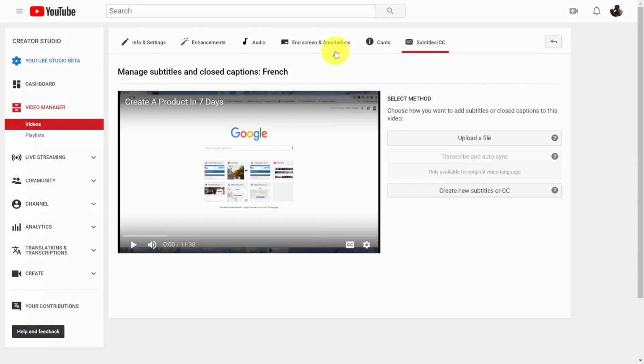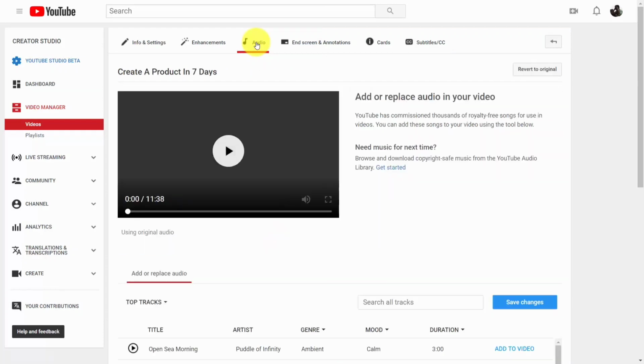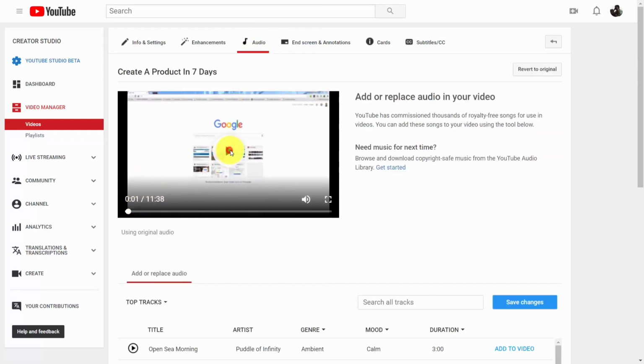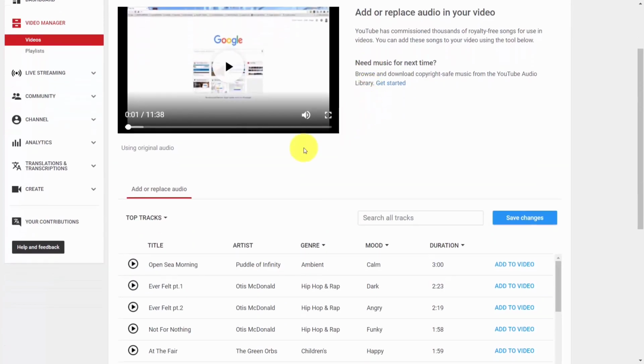Depending on what your live stream is and what you're trying to do, another part of the post-production process may be to add music. You can do that inside of your video editing screen by going to this link that says audio. When you do that, you'll notice that you can add or replace audio inside of your video. You're not going to be able to add anything from your personal computer to your existing video, but you will be able to add music that is already available on YouTube